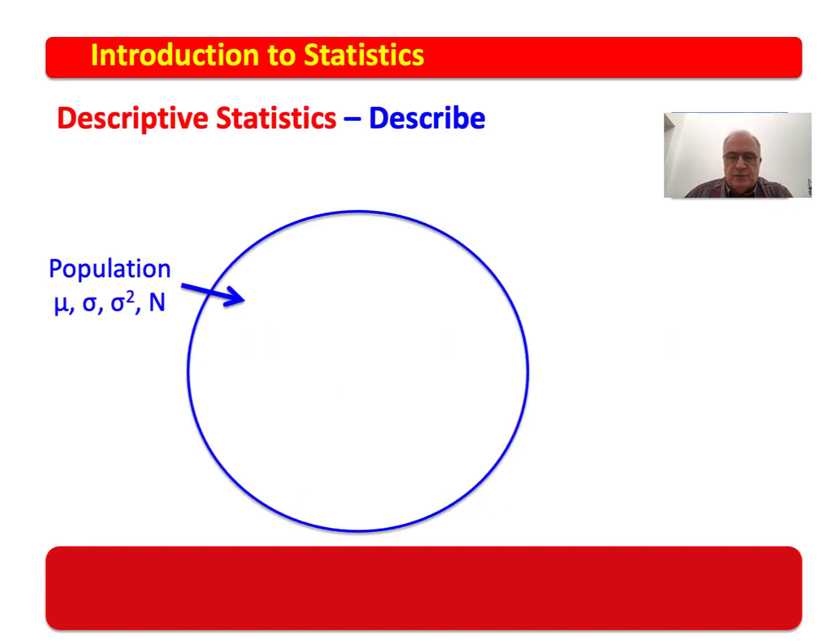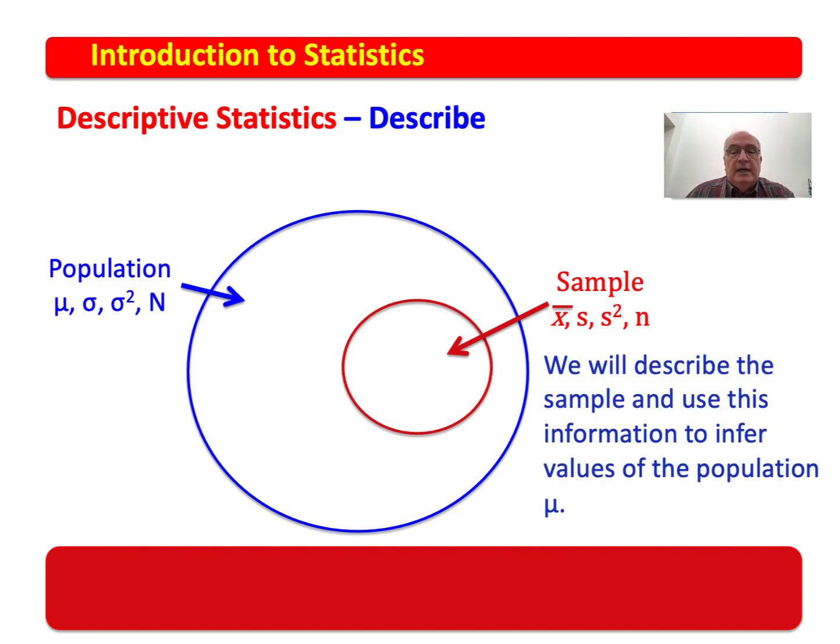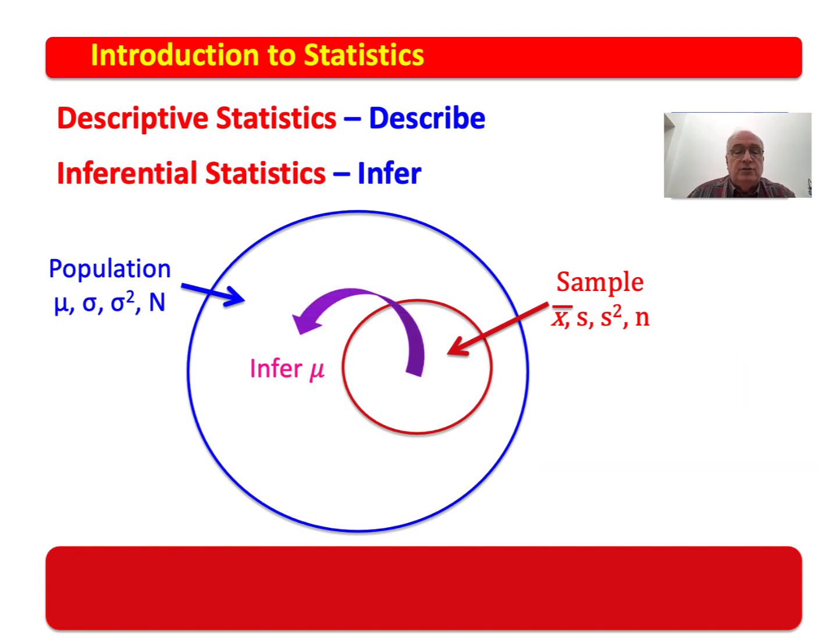The real purpose of doing a confidence interval is not to go in a population and say so many percent of the data lie from point to point. The real purpose is that we do not know the mean of the population, the standard deviation, variance, or the number in the population. The real purpose is to take a sample, take the mean of the sample, the standard deviation of the sample, the variance of the sample, and the number in the sample, and then describe information about the mean of the population. And we can infer things about mu.